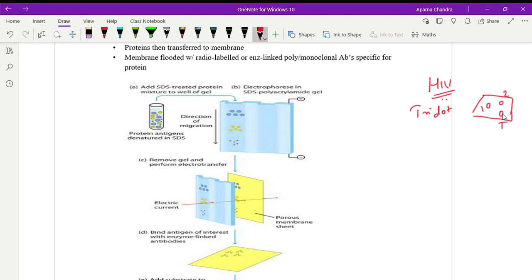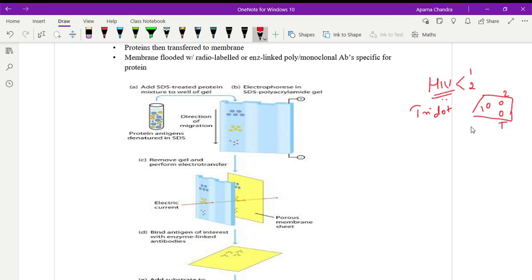When we add the serum sample, these are already colored substances that will be seen. The test sample is nothing but the serum sample. If the color corresponds to 1, it indicates that the person is suffering from HIV 1 strain. We know that HIV strains are of two types, HIV strain 1 and HIV strain 2. If it matches with the second one, it indicates that the person is suffering from HIV 2 strain.